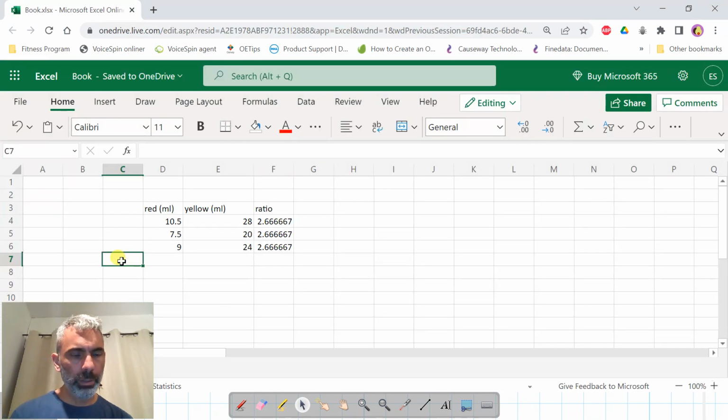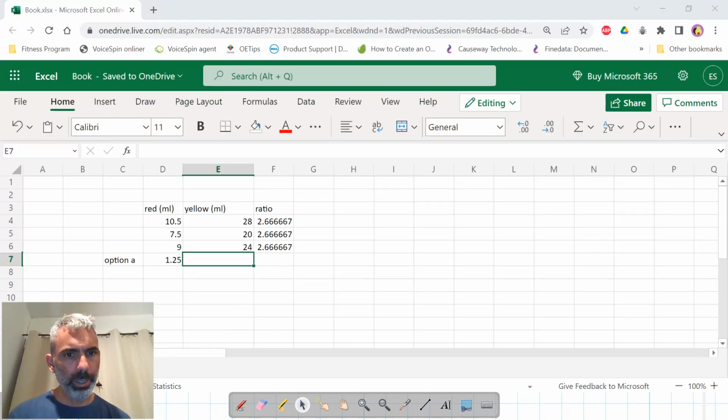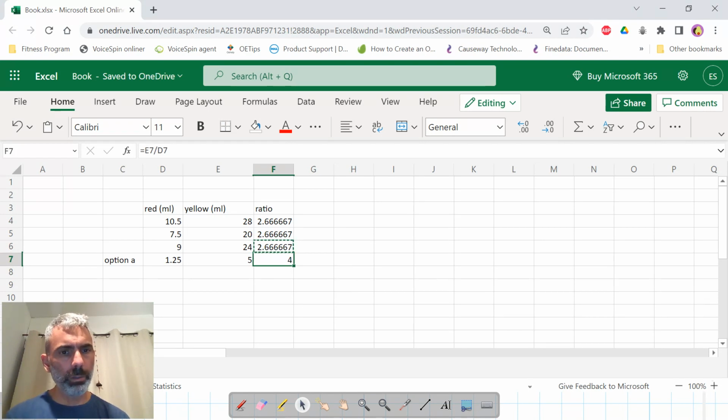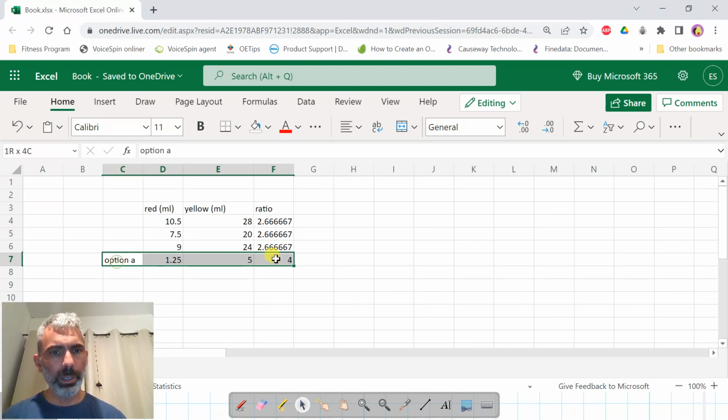So option A has 1.25 milliliters of red and 5 milliliters of yellow. Here the ratio is 4:1. Okay, so for every 1 milliliter of red I need to multiply by 4 to get to the amount of yellow milliliters of paint. So option A is incorrect. Option B,